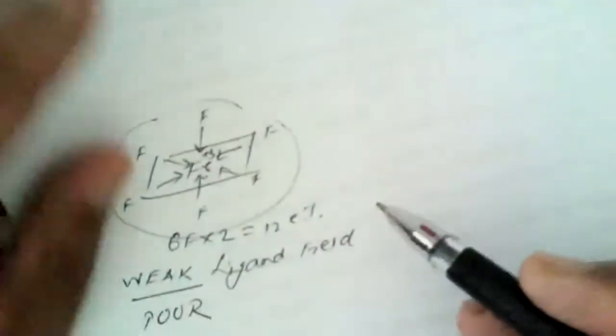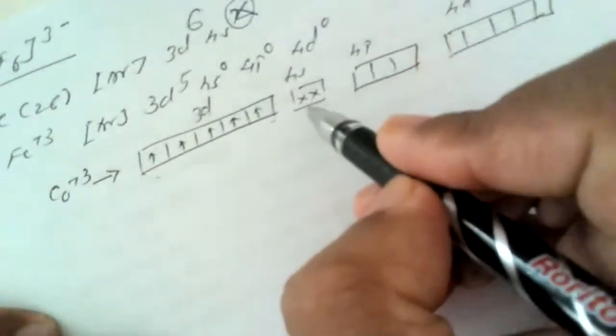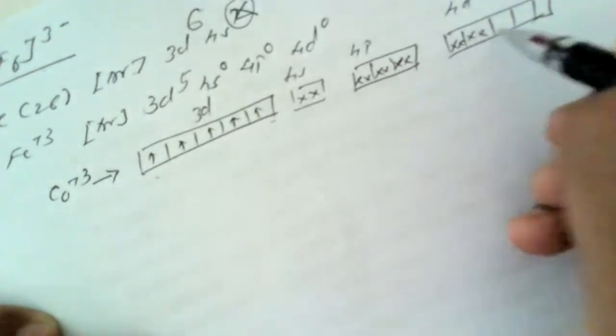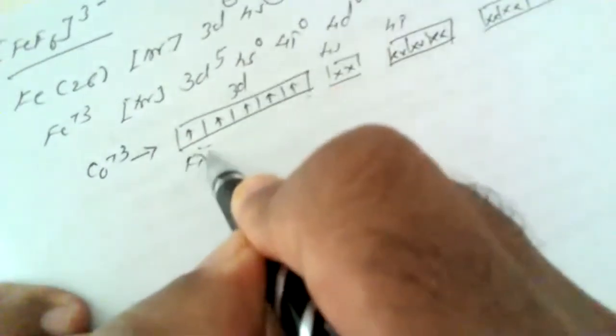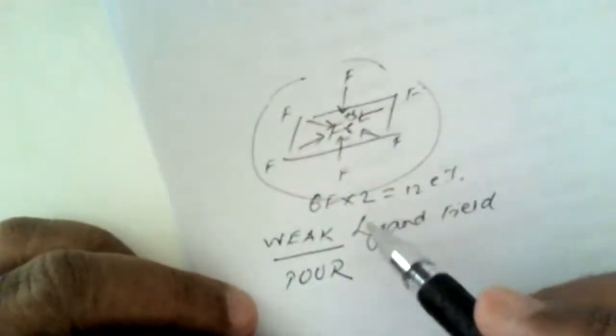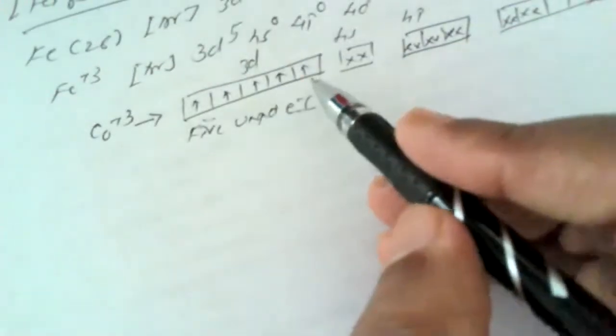Now the question arises: the 6 electron pairs are to be accommodated by this iron. This is the electronic configuration of the iron +3 ion. Now those 6 electron pairs are accommodated like this: first fluorine, second, third, fourth, fifth and sixth. No substantial effect takes place on all these electrons. So we can find that there are 5 unpaired electrons, because the surrounding ligand field created by fluorides is weak. Under the influence of a weak ligand field, these electrons prefer to remain unpaired.